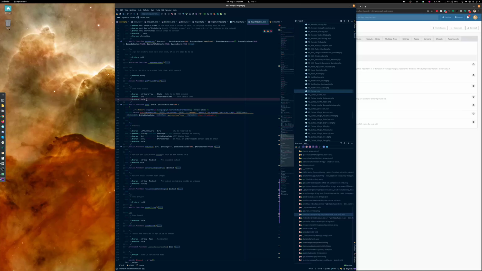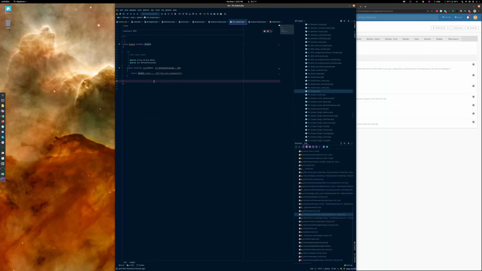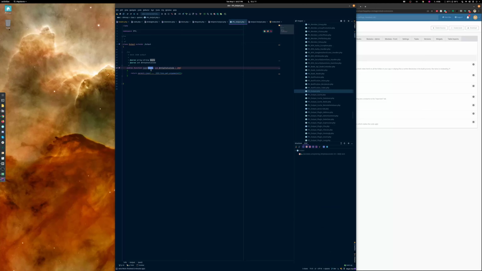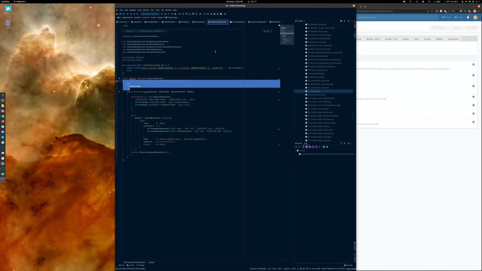The return is void string, or the first one is a string and the second one's an int, but it errors out in the code because it's expecting a string, not an array. So I just basically switched these two. That's the intent of the map